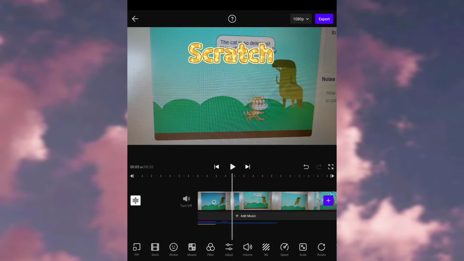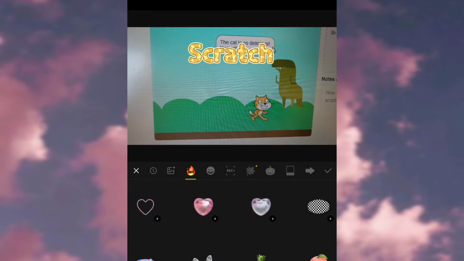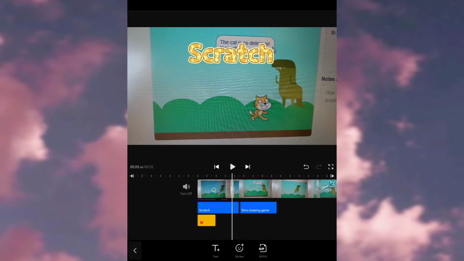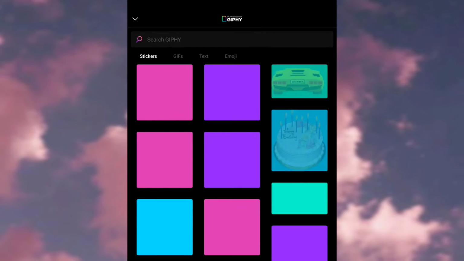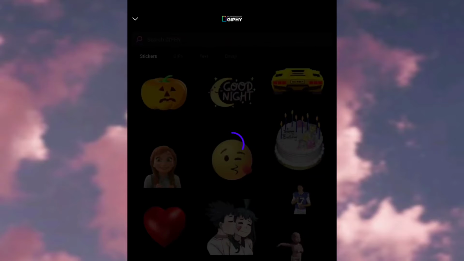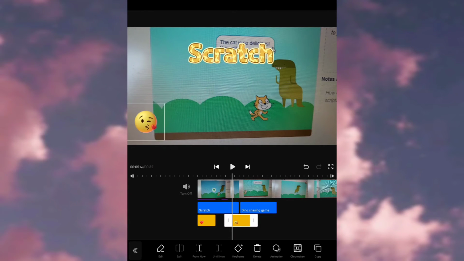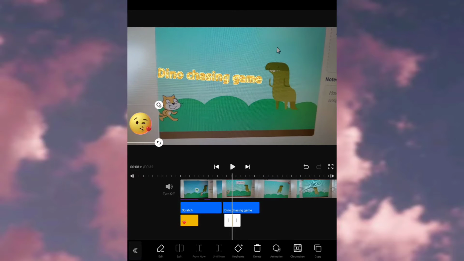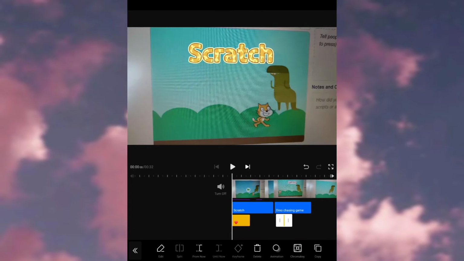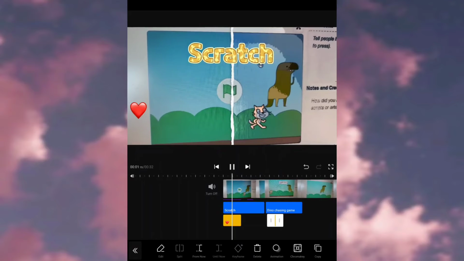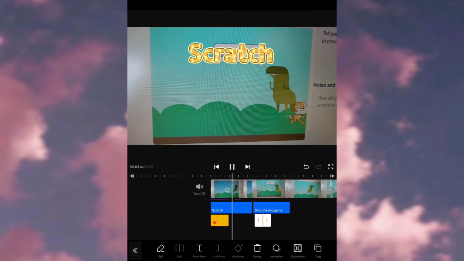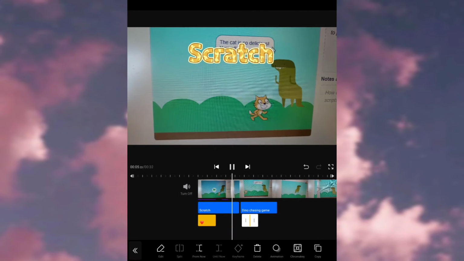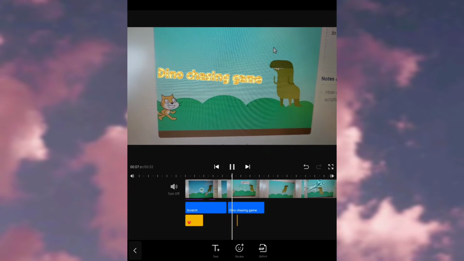See, the basic editing in this is done, and now I can add stickers again as I have shown you. Now you can even add gifs. I wanted to add these gifs, so I clicked on this. You can drag these objects wherever you want in the video if you don't know how to edit. And this is the ultimate place where you can edit your videos like a pro.